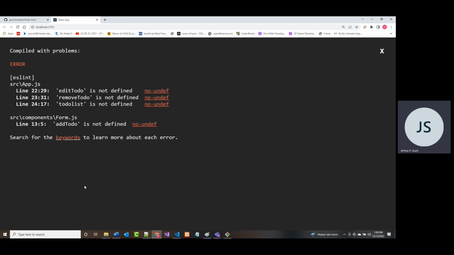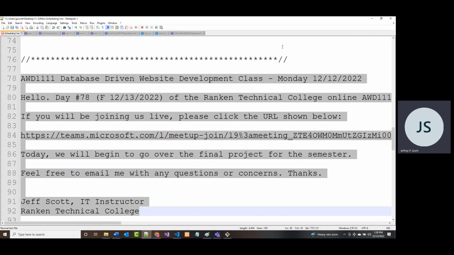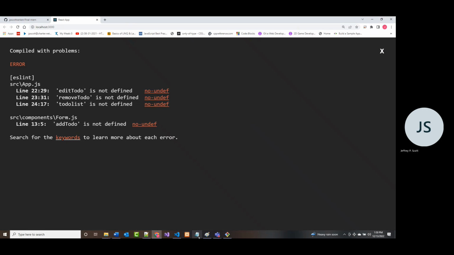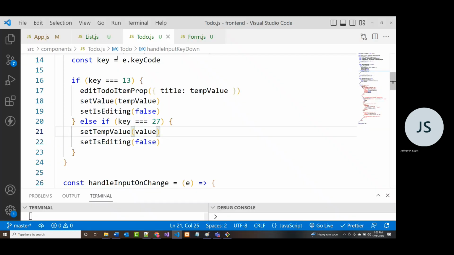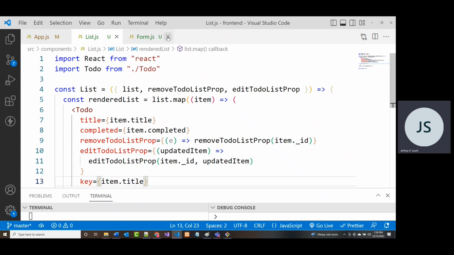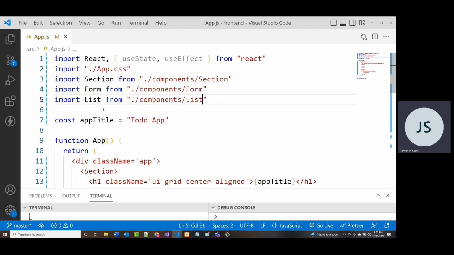Okay. All right. So how are we going to do that? Well, we're going to go back into our app.js file. Oops. So let me close this. Let me close this. Let me close this, and we'll bring this up. All right. So in our app.js,